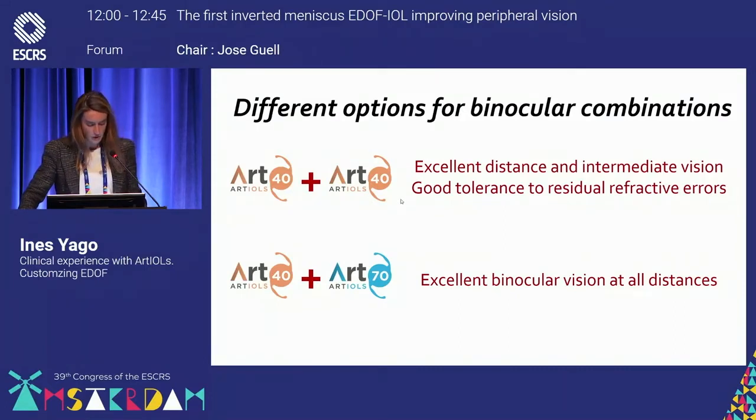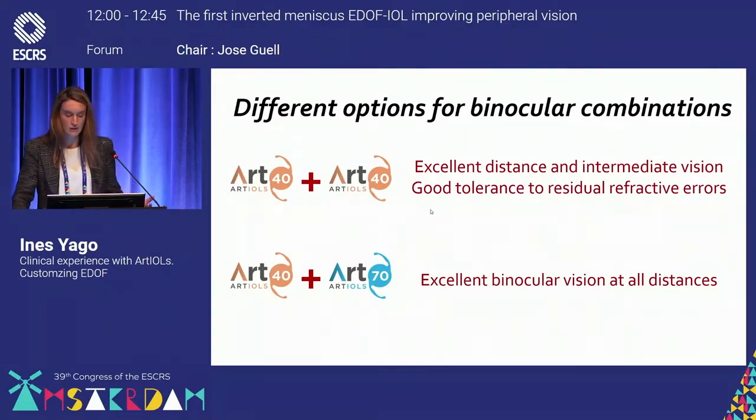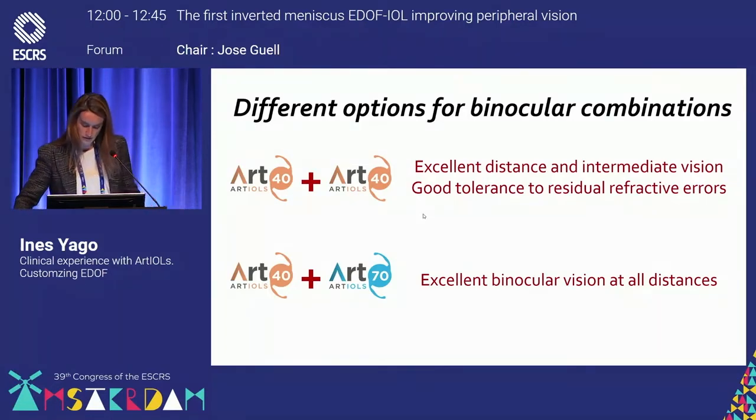I think binocular implantation of ArtIOL 40 would provide our patients of an excellent distance and intermediate vision. And as you have seen before, they have really good uncorrected distance visual acuity as well. So they have really good tolerance to residual refractive errors. And the combination of ArtIOL 40 and 70 would provide good results in all distances binocularly without correction, without spectacles